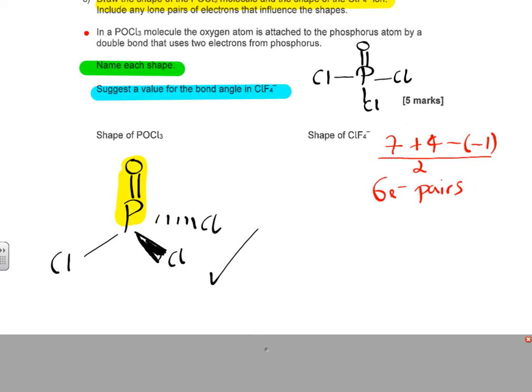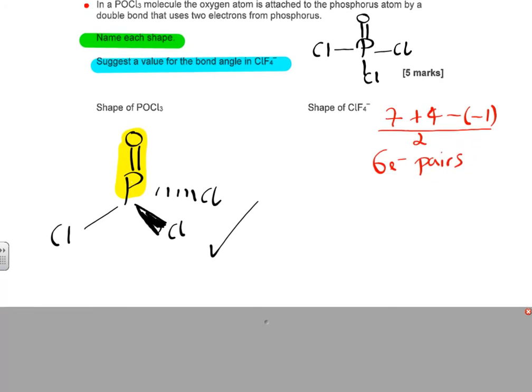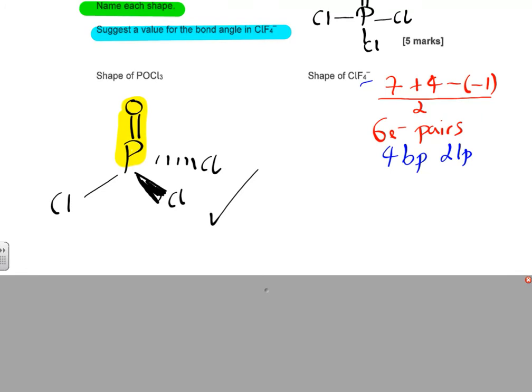Now those 6 electron pairs around the chlorine are going to contribute to its shape. 4 of those pairs are involved in bonds because there are 4 fluorine atoms, so I'm looking at a shape that has 4 bonding pairs and 2 lone pairs. So I'm going to draw my chlorine in, I'm going to show the 2 lone pairs,